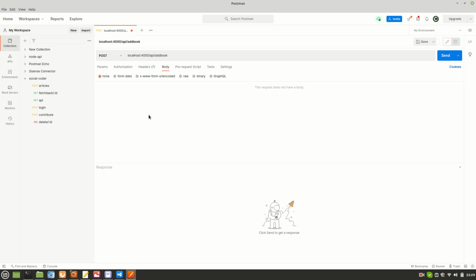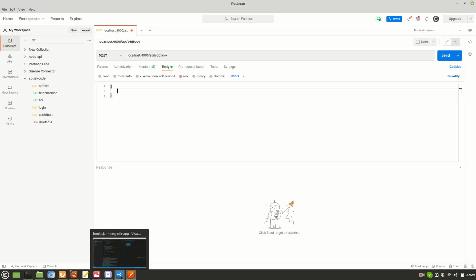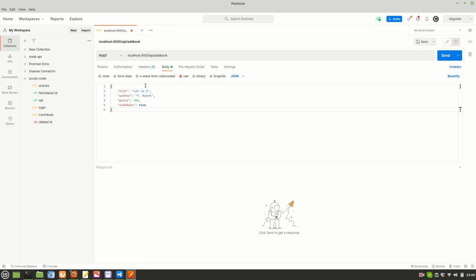This is the body. Raw, not just text. It has to be not JavaScript. It's JSON. Paste it here. Oh my god, again I'll have to do that. I have added it quickly.